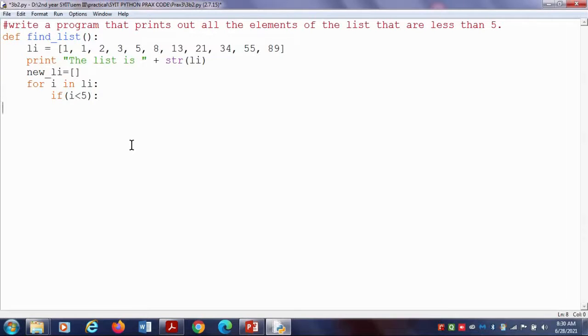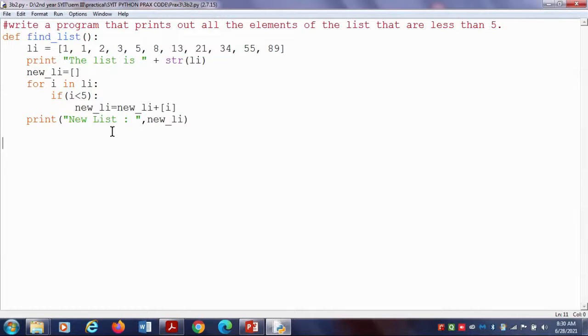Now using the conditional statement if, we compare the i value, that is each element in the list, with 5. If it satisfies the true condition, we need to write new_li is equal to new_li plus list of i. As we know new_li is of type list, similarly we are concatenating it with the element i, which has to be of type list. For that we write list bracket. Now finally we have to display the answer as print the new list is new_li.